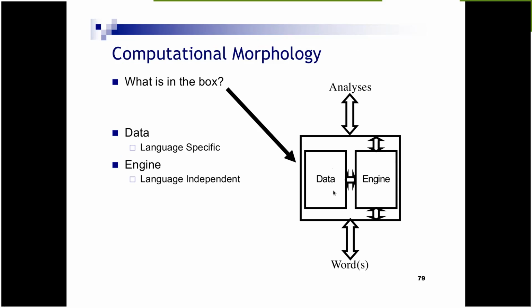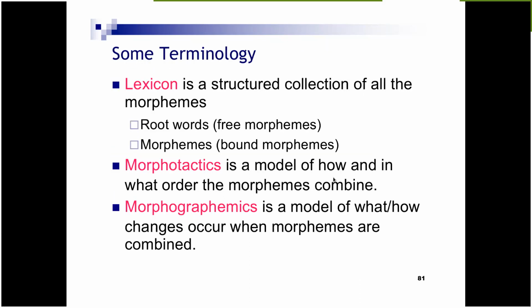So the question is, how do you develop this thing? Clearly, you need both components. You need the engine, you need the data, and you need the rules. And here is the terminology of the things that you need in terms of data and rules. So one is the lexicon. So the lexicon means the list of root words. So if you want to develop a morphology for Swahili, you need to have like a dictionary with